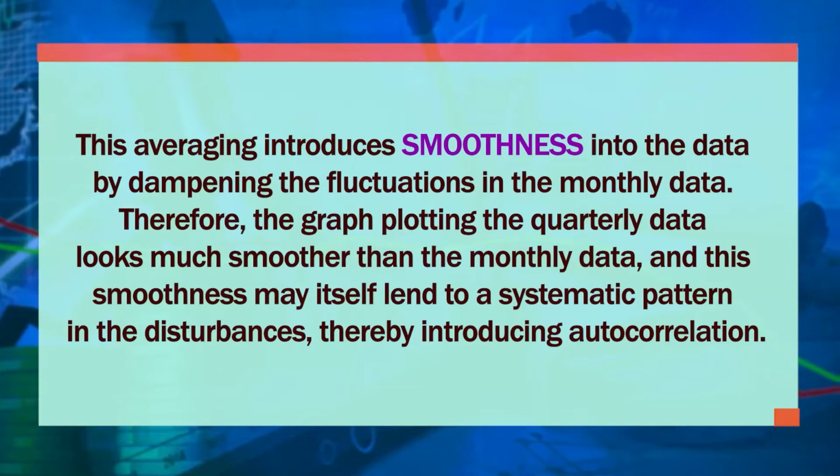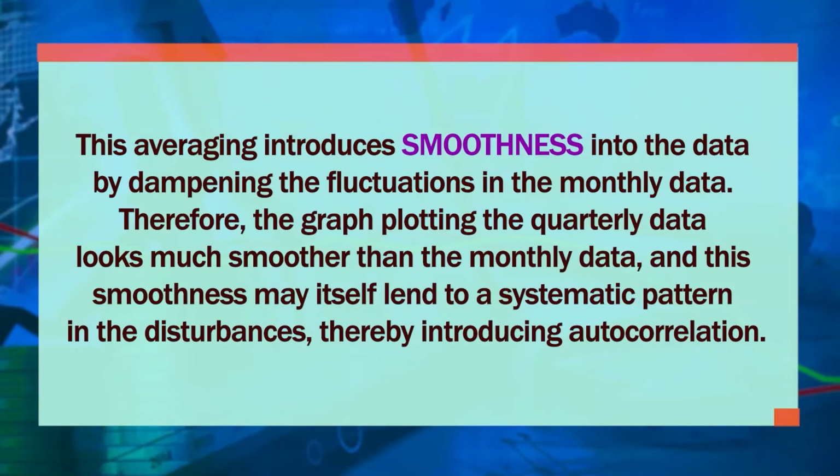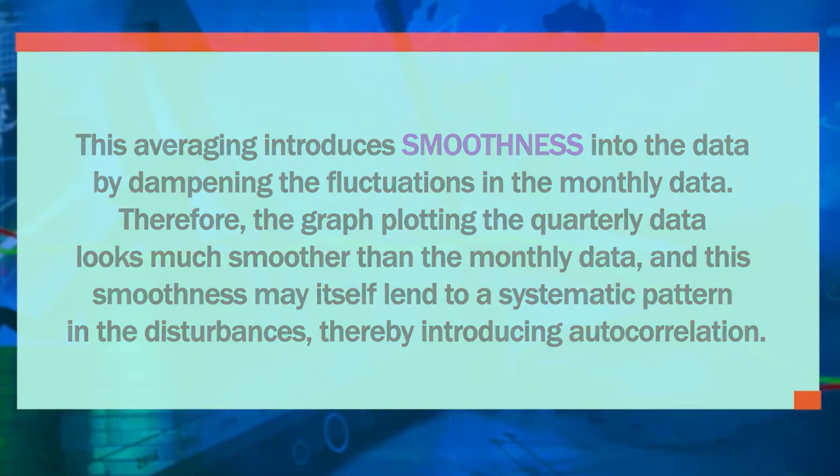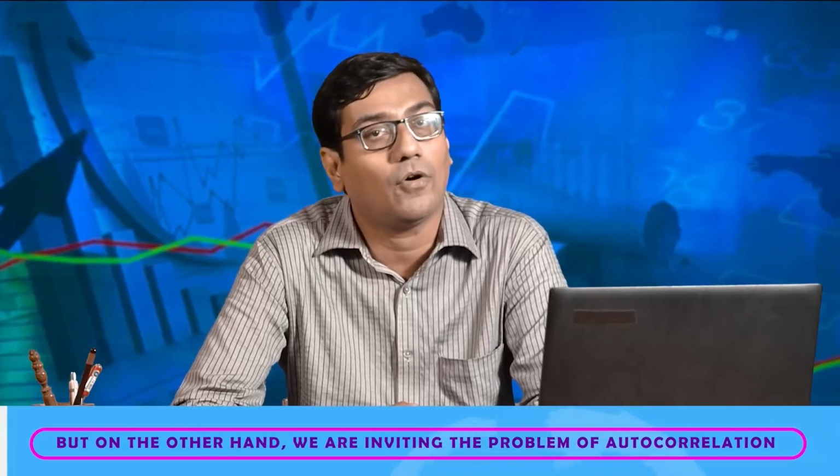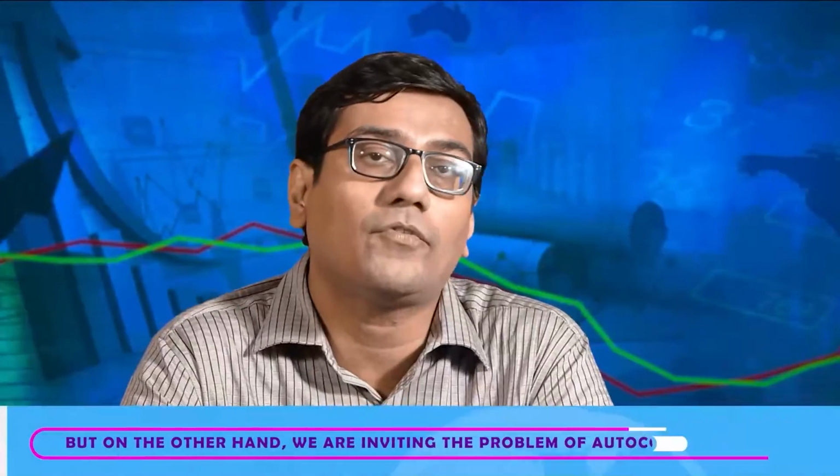But by doing so, we are basically smoothing the level of fluctuations. But on the other hand, we are introducing autocorrelation. So there is a general tendency of converting a quarterly data to a monthly data, or a monthly data to a yearly data, but actually we are looking at smoothing the level of fluctuations. But on the other hand, we are inviting the problem of autocorrelation. So this is one of the most important sources which we find when we work with the data as a